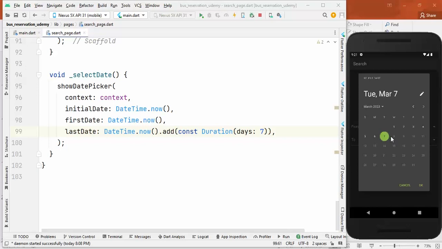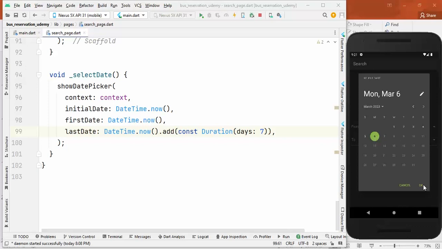And after that, okay, we can select actually from March 7 because we set the duration of day 7. So current date plus 7 more days. So we don't let our user make a reservation for a date more than 7 days after today's date. So now we are able to show our user a date picker, and now it's time for the user to select a date, and whatever date he picks, he selects that, and he has to press this OK